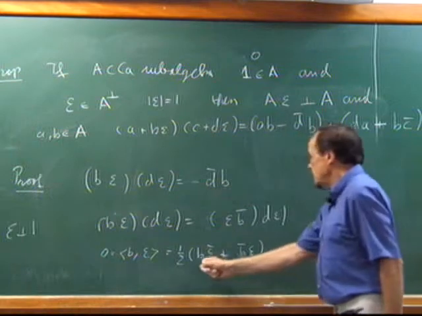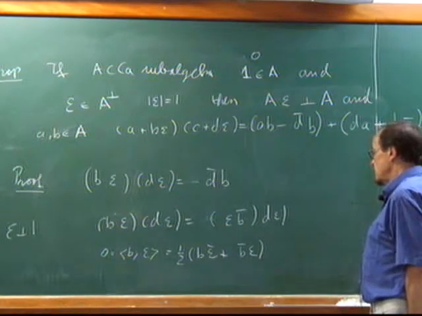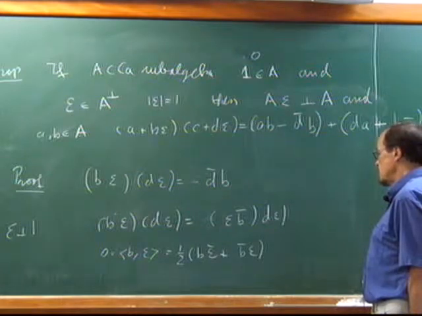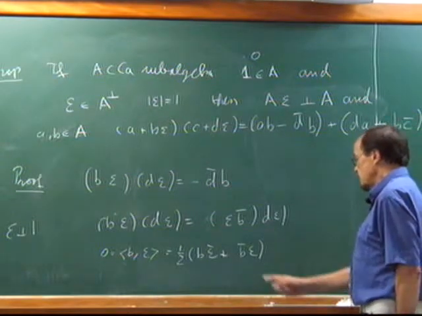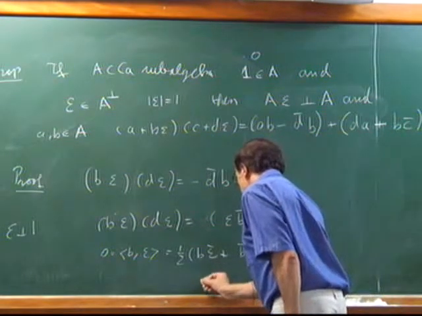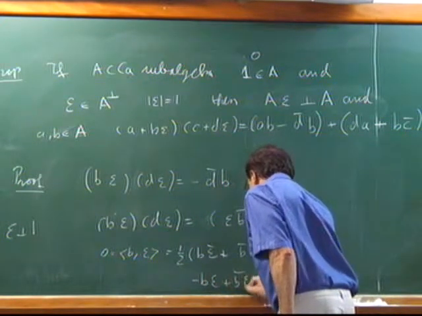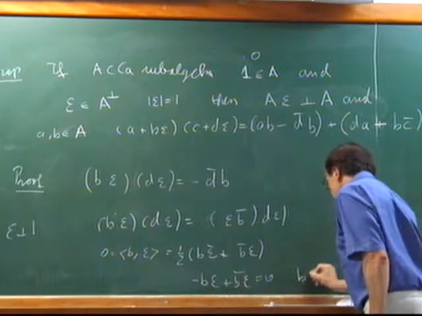So that means that B epsilon, okay, so this is at right, minus B epsilon plus B bar epsilon equal to 0, which means B epsilon is equal to